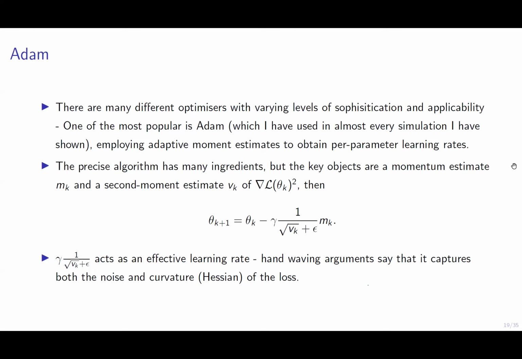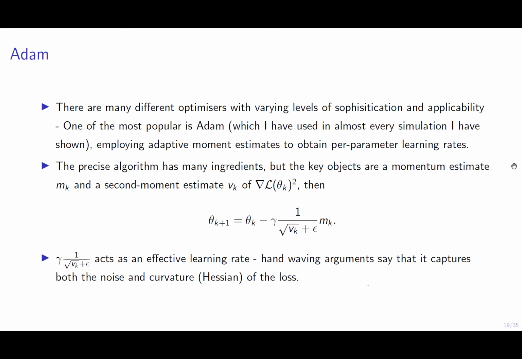So as you're doing your optimization loop, you update your estimates for the averages of these quantities, so the gradient squared and the gradient itself. And then the update step that you do, there's update steps for this MK and VK, which I won't write down. But the update is theta k minus some fixed number times 1 over the square root of this VK. You normally put a little regularization constant here to make sure you're not dividing by 0 at any point,